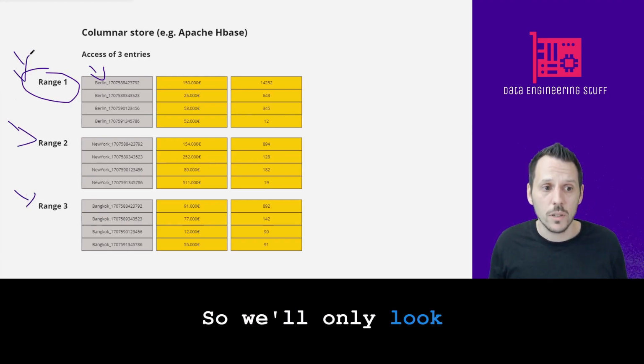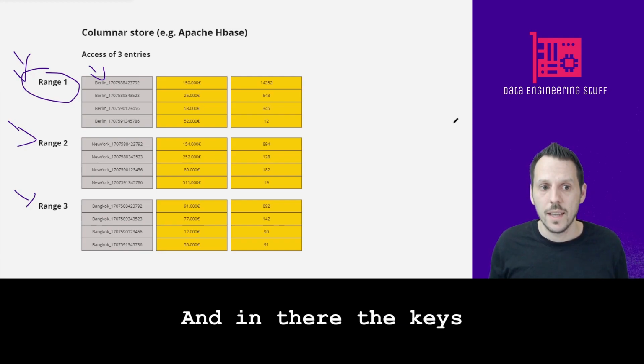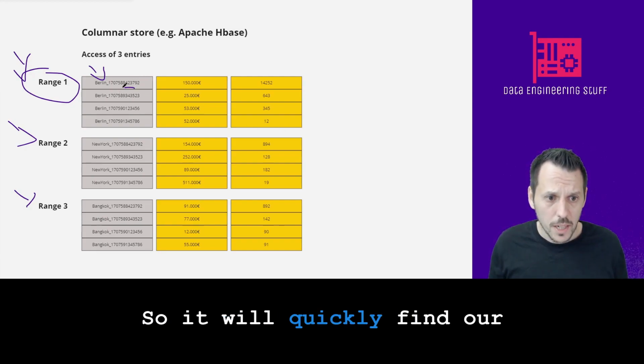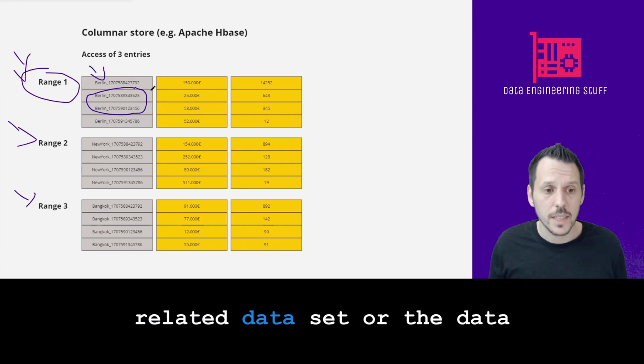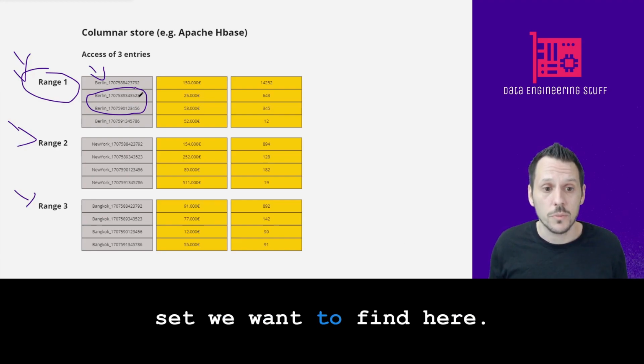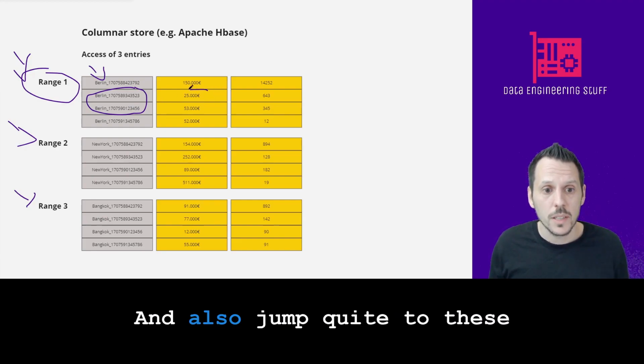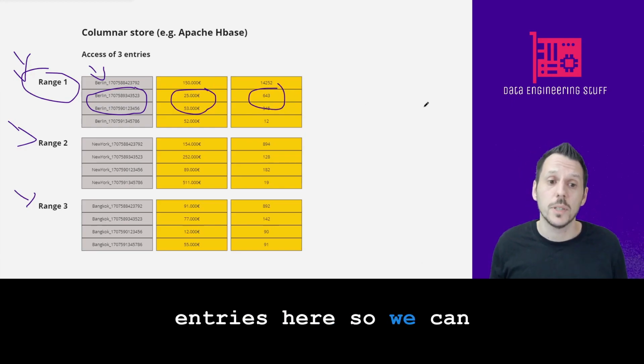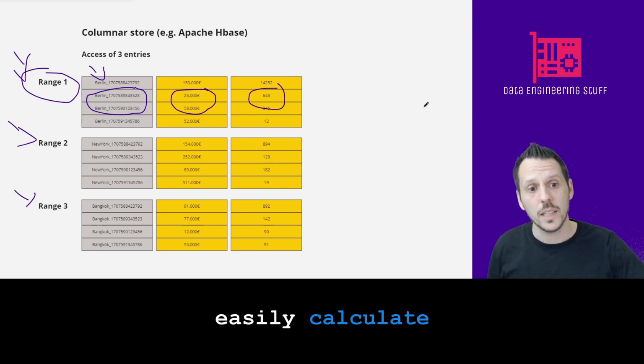So we'll only look into range 1, and in there the keys are ordered, so it will quickly find the dataset we want to find, and also jump quickly to these entries here, so we can easily calculate